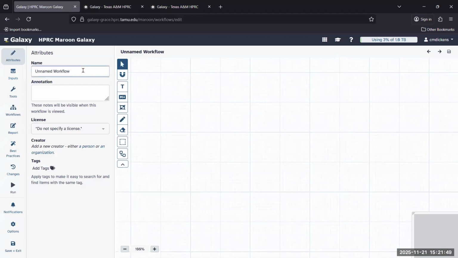So workflow name, my second workflow. Now we'll give it something more descriptive. We'll call it sequence read QC. We'll use uppercase QC. And okay, we'll leave it at that. And then